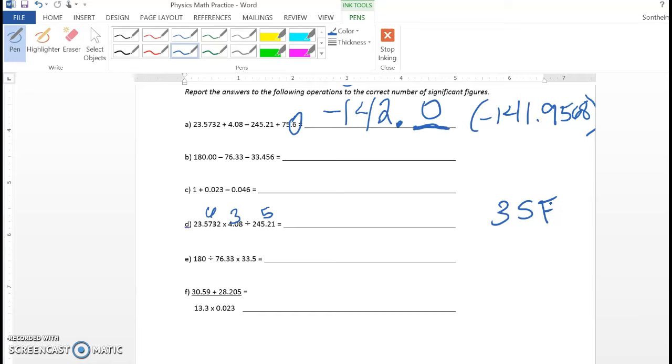Okay, 23.5732 times 4.08, divided by 245.21. Very little number. So originally you get the number 0.3922297459. Well, it says you can only have 3 significant figures because it's the lowest number of significant figures, and